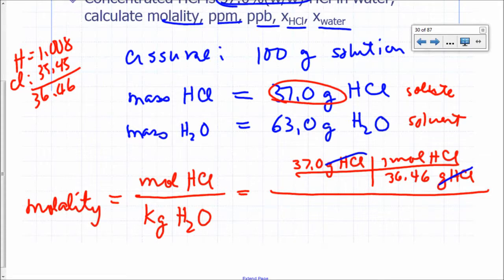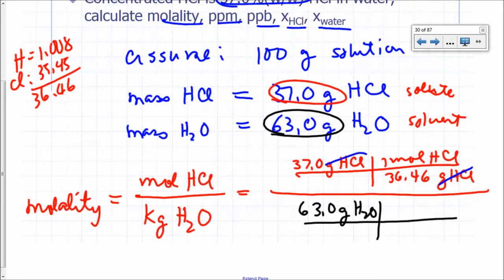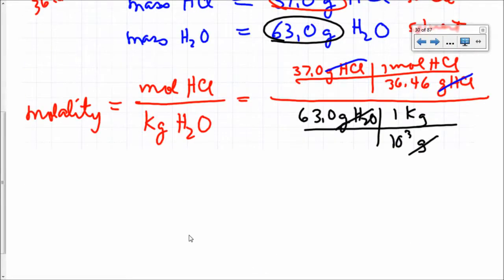How many kilograms of water do you have? Right here, 63 grams. How do you change that to kilograms? How do you go from grams to kilograms? 1 kilogram equals, kilo means 10 to the third, right? So 1,000. A kilogram is 1,000 grams. Okay, so that cancels grams. So our molality is equal to,